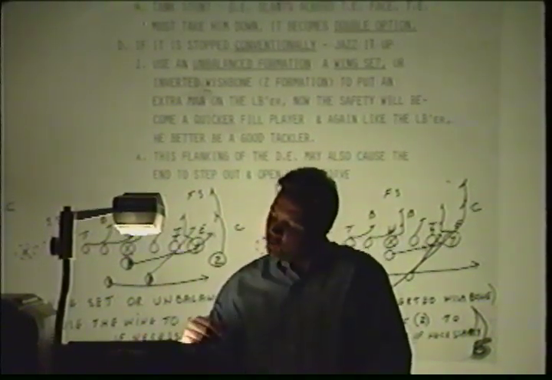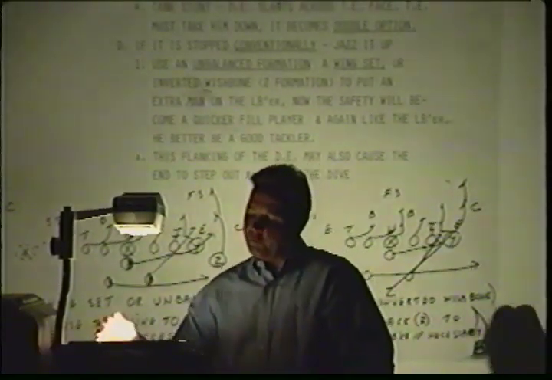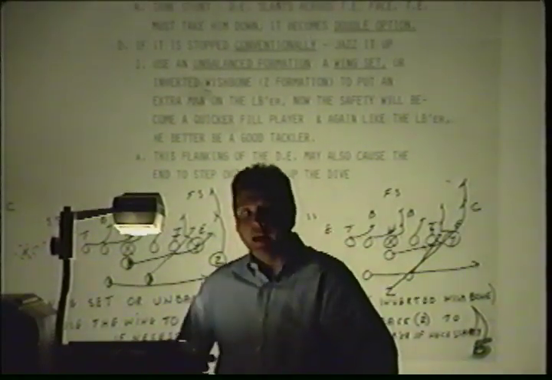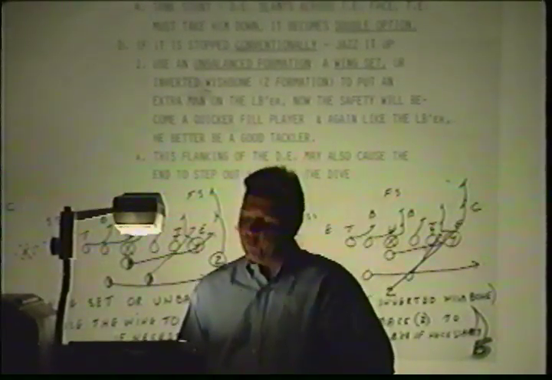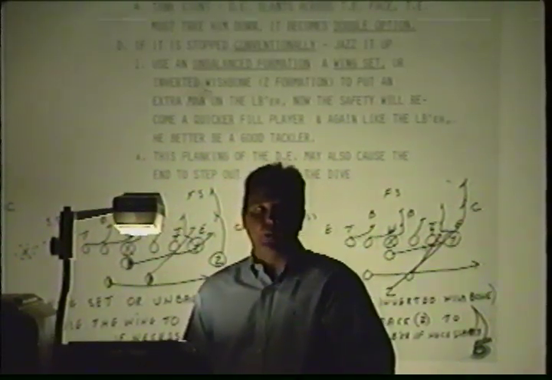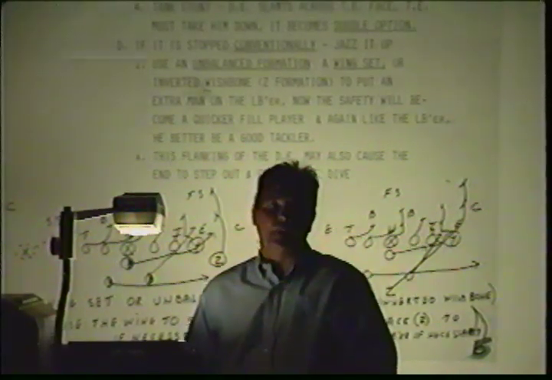We also use a Z formation. We use unbalanced or wing set or inverted wishbone, which is a Z, which we just call Z. And all these things are designed to seal the linebacker. The formation is designed to get a seal, and now the safety's got to become a quicker field player, and again, like the linebacker, he better be a good tackler. We just believe that if we